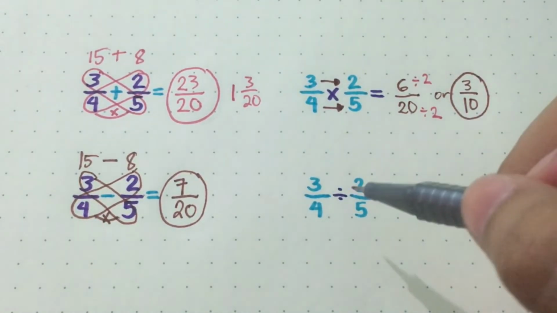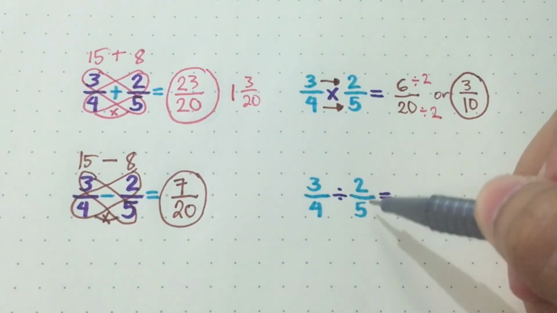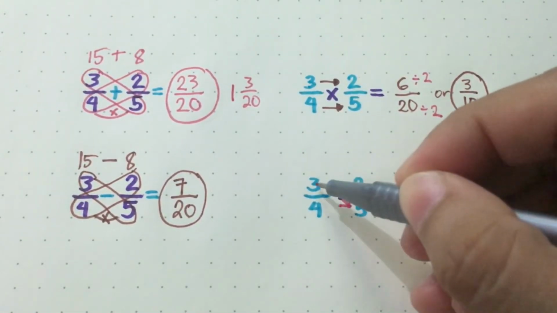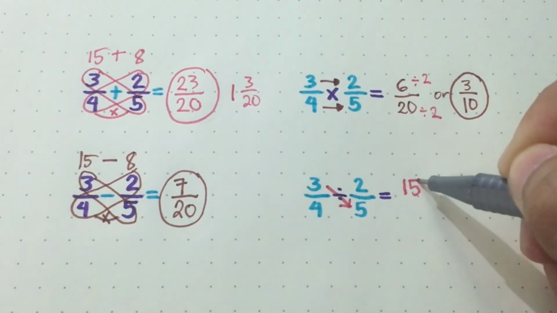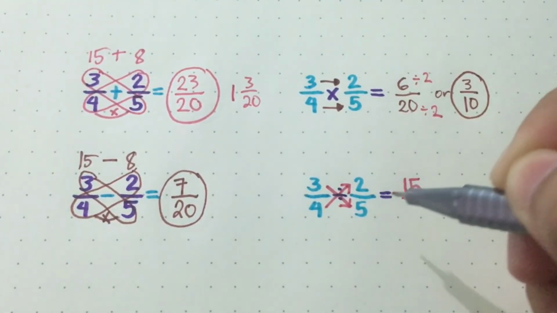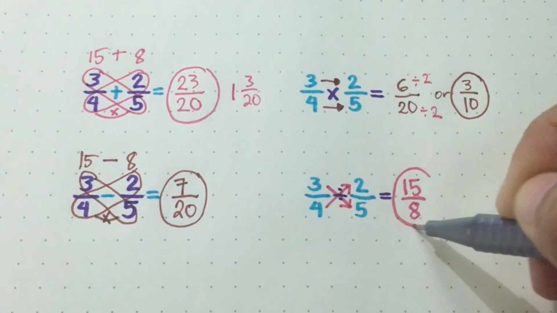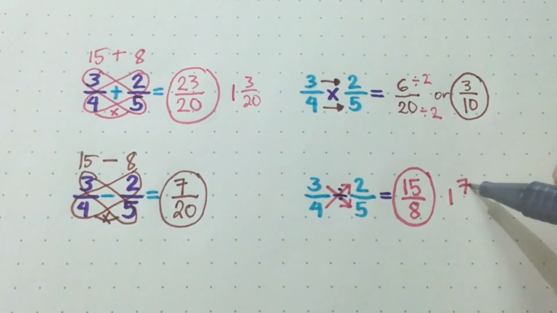And lastly, for division, you may actually change it to multiplication and get the reciprocal of the second term. But that is similar to cross multiplying this. So 3 times 5, that will be your numerator, which is 15. Over 4 times 2, that will be your denominator. 4 times 2 is 8. So we got 15 over 8. Or we can write this in mixed form, which will be 1 and 7 over